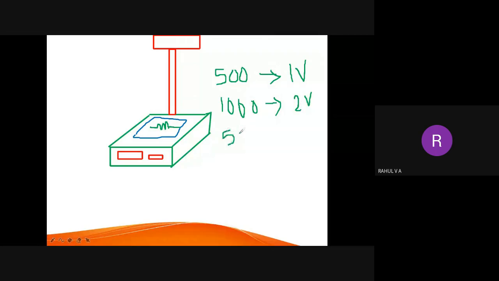So for example, when I am keeping some 5 gram on this tray, I may be getting some 1 volt. When I am keeping 1000 gram, that is 1 kilogram, I may be getting 2 volt. When I am keeping a 2 kilogram object, I'll be getting some 4 volt, like that. So proportionally, it depends on the weight. There will be a sensor or transducer which will convert this physical quantity into electrical quantity. And finally, it will process this voltage, 1 volt, 2 volt,